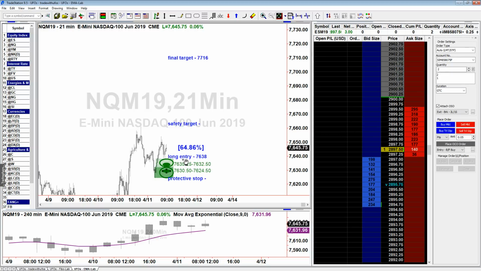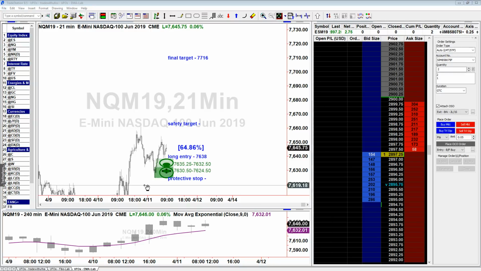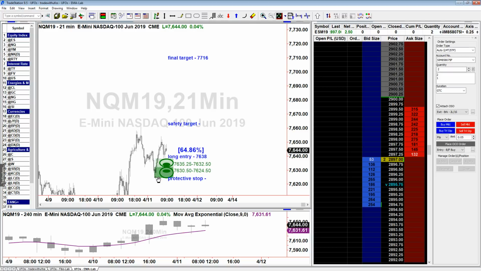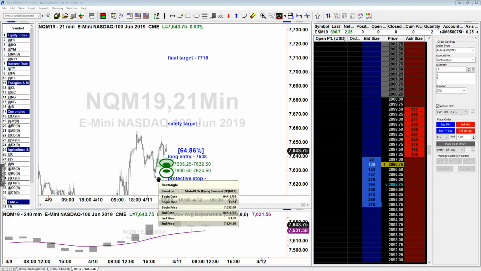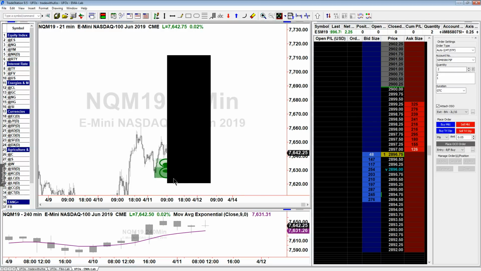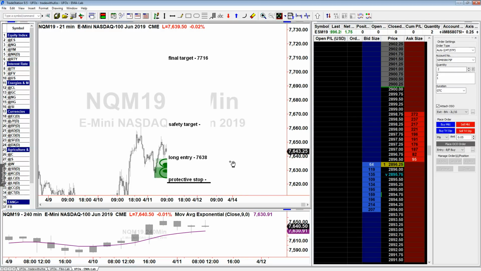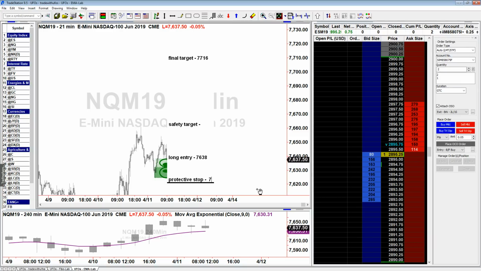Okay. Again, sharing a few thoughts behind my mind while I'm planning the trade. Now, when looking at the stop, and I know some of you have a few questions in the comments box, I'm coming to check those questions in just a second. Bear with me, guys. The bottom part of this rectangle is 7624.5. So just to keep it simple, I am going to propose the protective stop to be located at 7624. That's it. Okay, that's the plan.